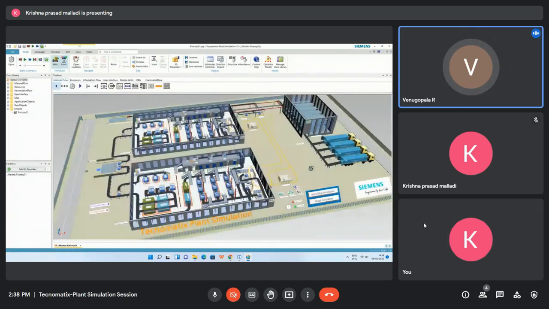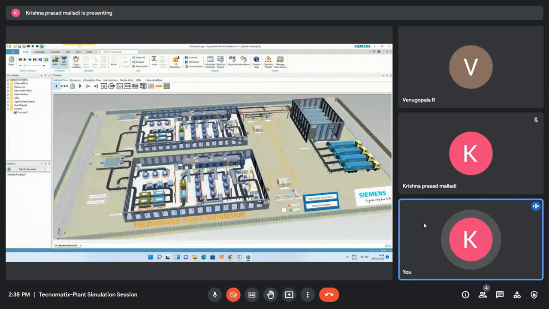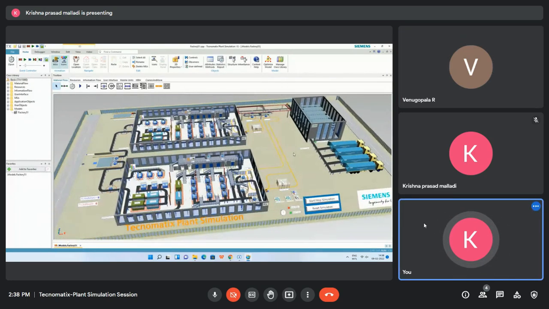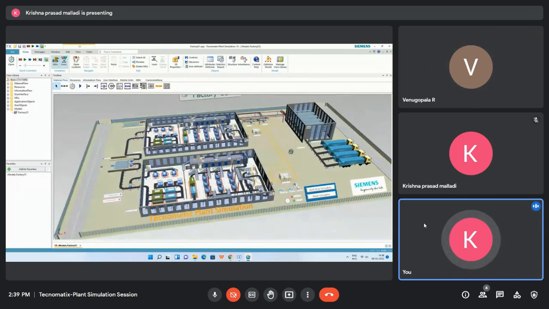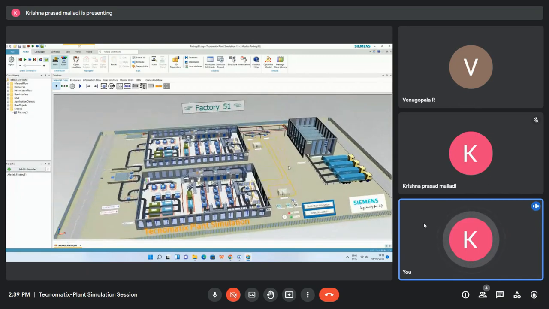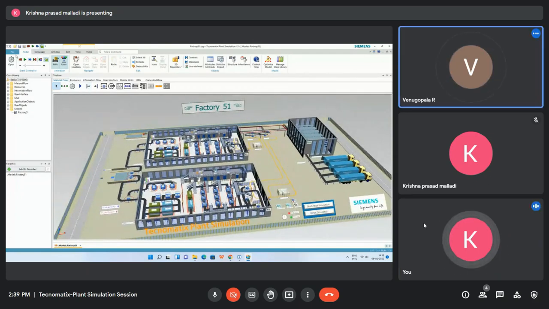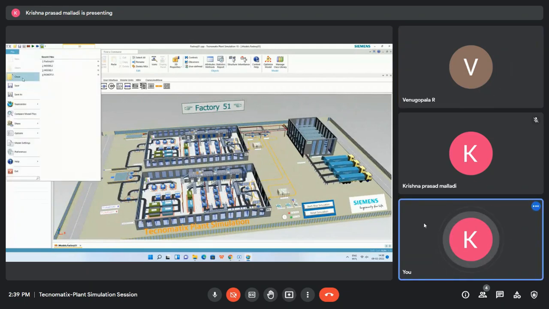Yes. This is how exactly we are going to open the example model, and we can showcase how it is running. This is a predefined example model. It is generally used for showcasing the capability of PlantSim to others, so with this video we can directly showcase it. Once it is done, again the same process, file and close.